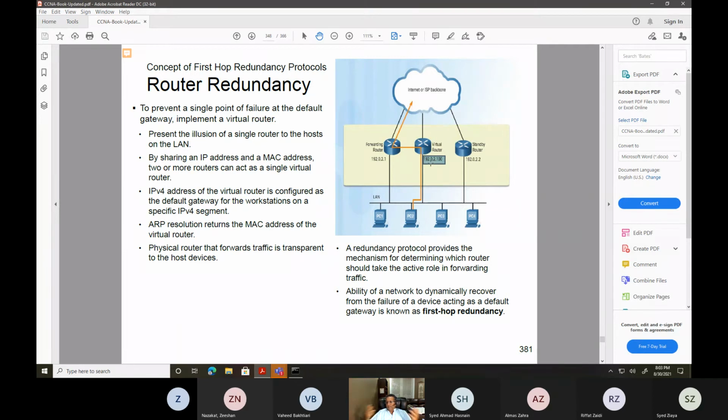A new IP address gets created, and through this new IP address, all the PCs are going to be connecting to this new IP address, which is called HSRP. They will be configured on this one, and they will be configured on the standby router both, right?